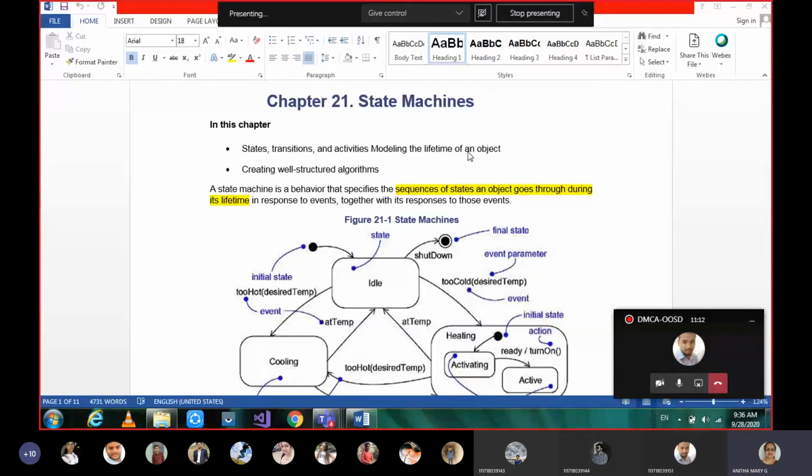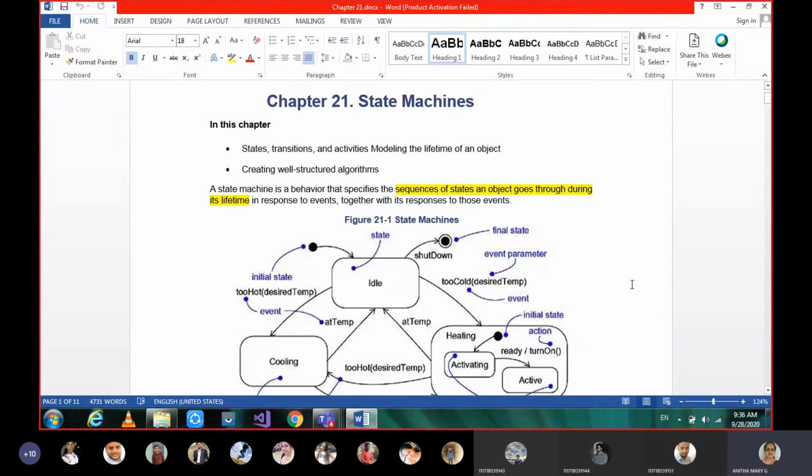Today's topic is about state machines. First of all, let's see the content of the title for today. Do you know what a state machine is? In the basic building blocks, we were learning about state machines, if you remember, under behavioral things, we have interactions and state machines. A state machine is nothing but the sequence of states a particular object goes through in its lifetime. That is what we call a state machine.